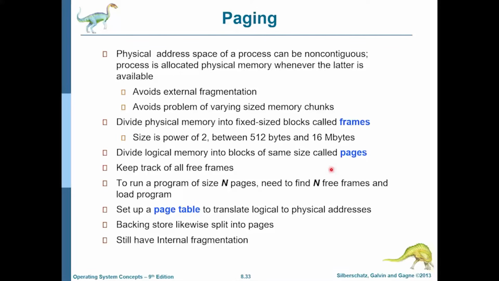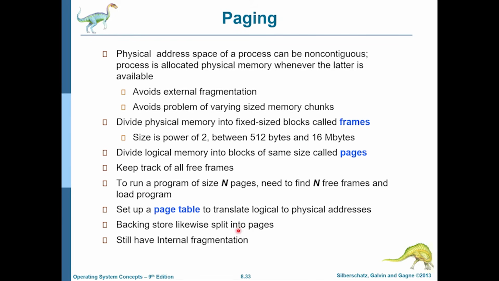Then we could have allocations where a certain process will not have a contiguous or in order allocation in the physical space, but its logical addresses can be contiguous and they can be whatever they want. But there is a page table conversion that can happen in the memory management unit that will take a page number and figure out the frame number, and then it can generate physical addresses from logical addresses. Now let's look at how that works in the next slide.